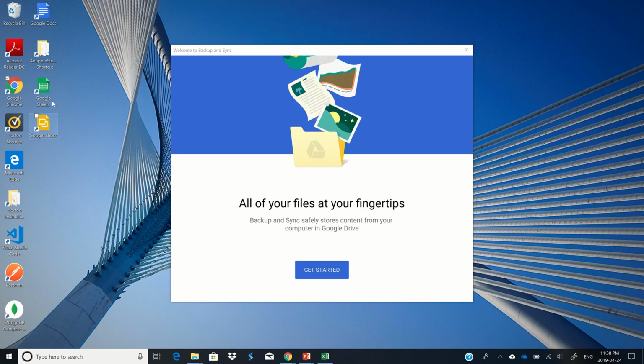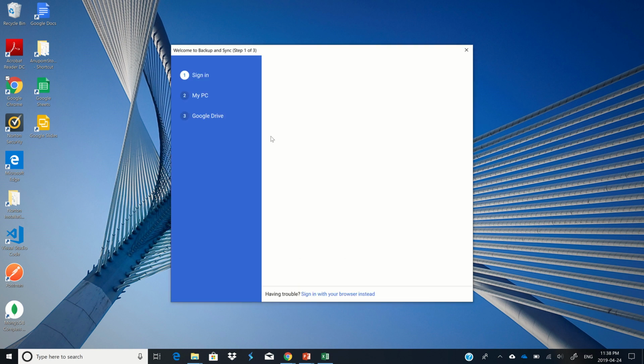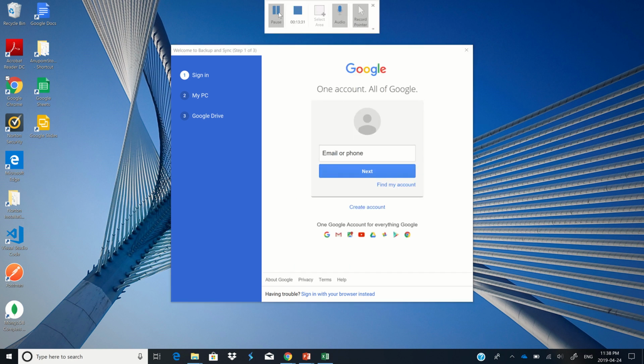So now here you see there are two icons created here, two or three. So Google Sheets, Google Slides, and Google Docs, and this icon also. Let's get started. And what has happened? Sign in. So it's asking to sign in. So I'm going to use my